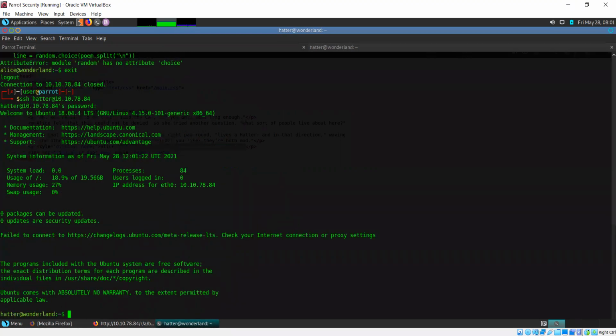I'm logged into the Hatter account. So now I can directly log into the system using the Hatter account. I don't always need to log in to the other accounts, but I can log into this account. I've logged in already. Now what I need to do is